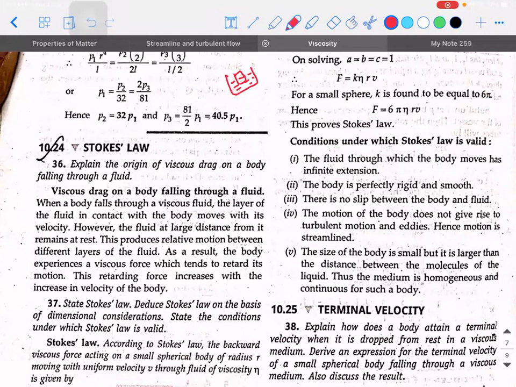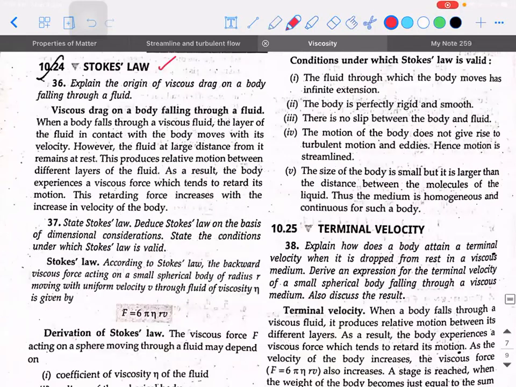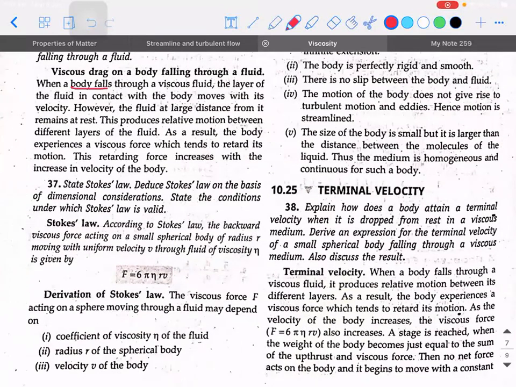So when a solid comes in contact with the liquid, and if that solid is going to be at rest, then when you speak about the concept of flotation, we speak about the concept of buoyant force. It's a known fact. Similar is the case with respect to Stokes' law. The only difference is, in the case of Archimedes' principle, the object was at rest. It was in contact, either partially immersed or completely immersed. Whereas if you talk about an object which is falling through a viscous fluid, if it is trying to move through a viscous fluid, then what will happen? It will start experiencing a tangential resistive force.